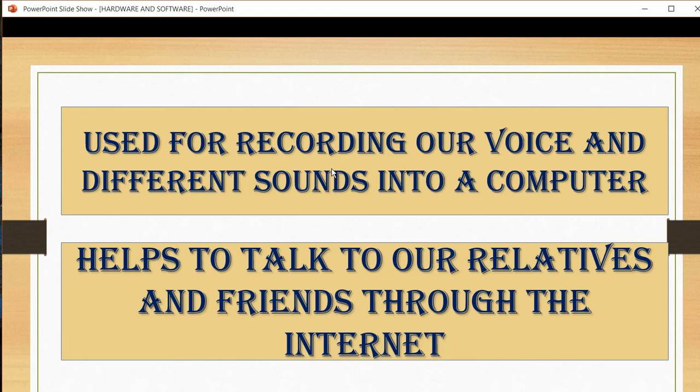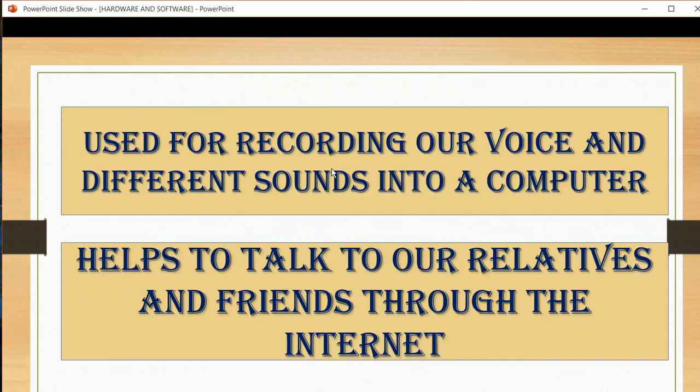So here you can see that with the help of microphone you can talk to your friends, and whatever you speak will be clearly heard by the person with whom you are talking. And this microphone has one wire or connector. With the help of that wire you can connect it with the computer.